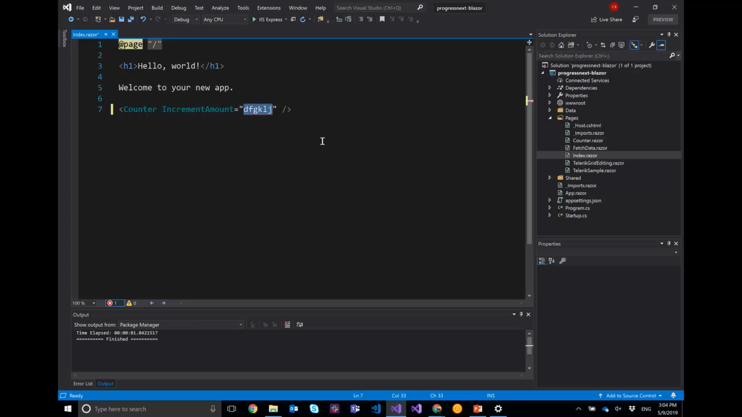So it knows that I can't just toss anything into it. So if I want to make this 100, hit save. We now see, okay, there are no squiggly lines, there's nothing wrong with this. It automatically knows that this needs to be an int because I defined it as an int within the other component. Now when I run this,